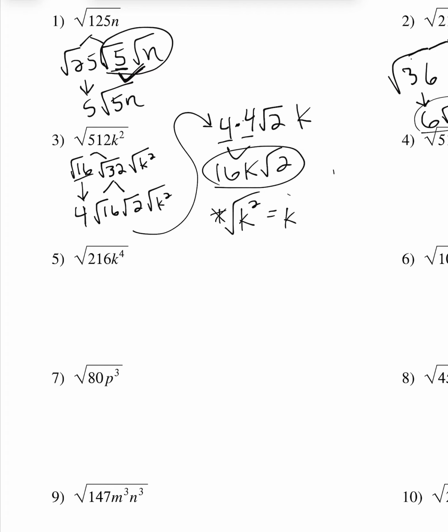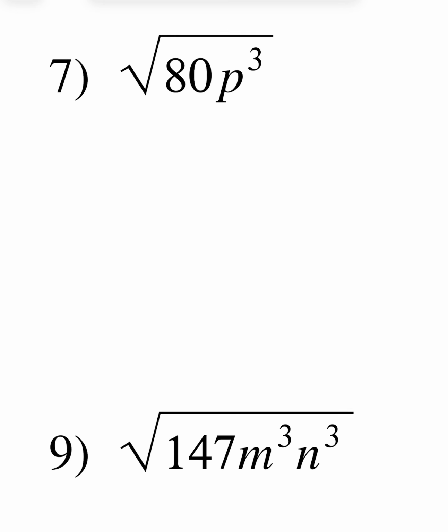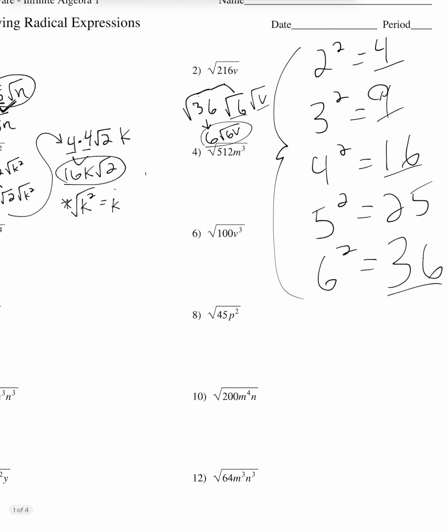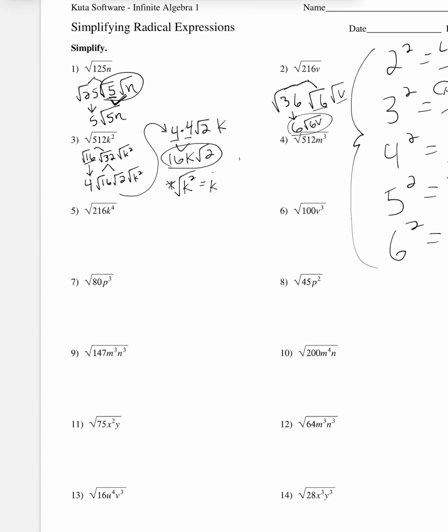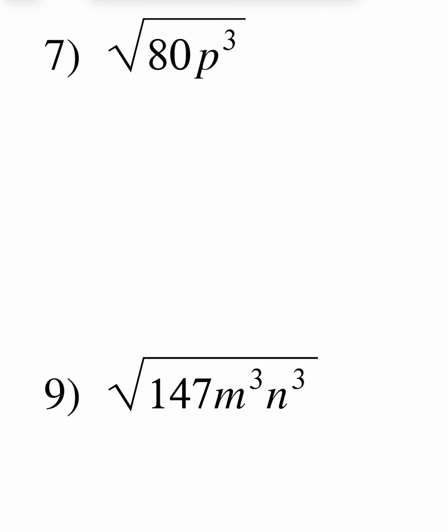Let's do one more. Let's move down here to this number 7. 80. So we're asking ourselves that number 80. Does 4 go into it? Does 9 go into it? Does 16 go into it? The higher, the better. Sometimes I just like to go with what I instantly notice. I noticed 4. I know for sure 4 goes into 80. So I can call it radical 4,